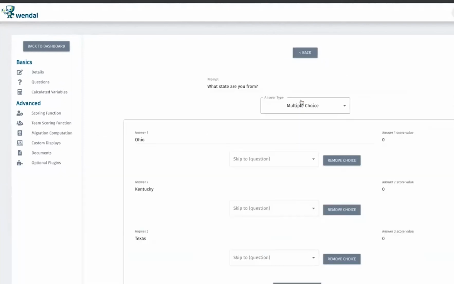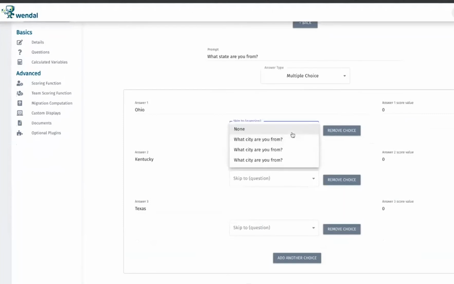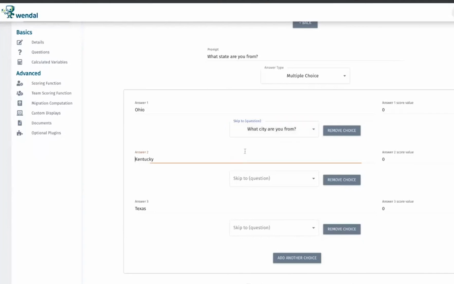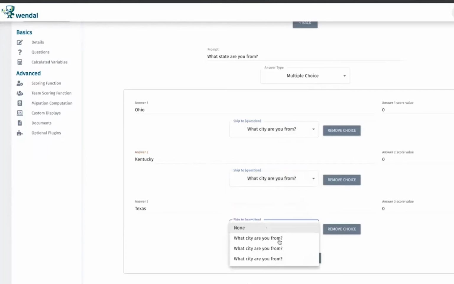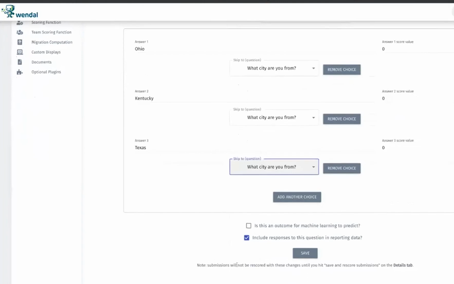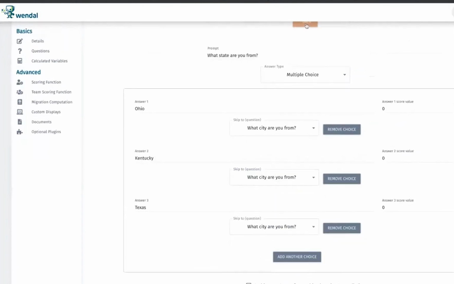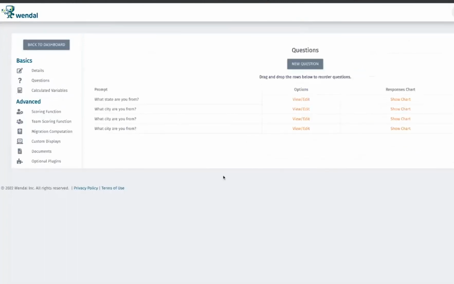We'll click on view/edit and we'll skip to a question. So we know the first one we built out for the what city are you from was for Ohio. So we'll skip to that one. For Kentucky, we'll skip to the second one. And for Texas, we'll skip to the third one. We'll save that. And what we've now built is a multiple choice questionnaire with skip logic that will take us